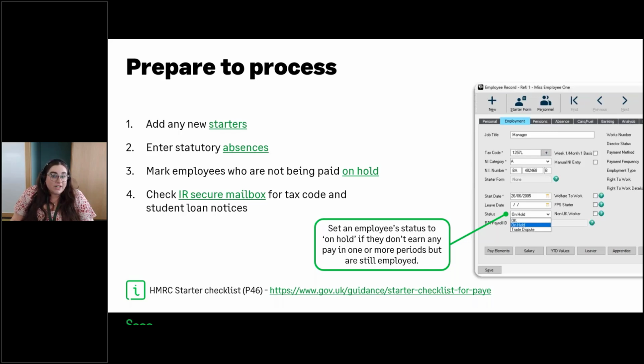Now, I have already checked this list. I've already entered maternity pay for one of my employees too. I've got an employee on hold, and I've double checked and added anything else that I need to. So once you've checked this list and you've done these tasks, you'll then be ready to go ahead and process